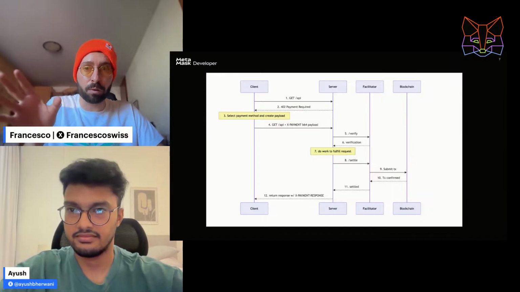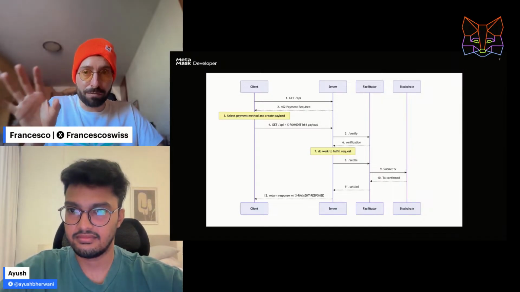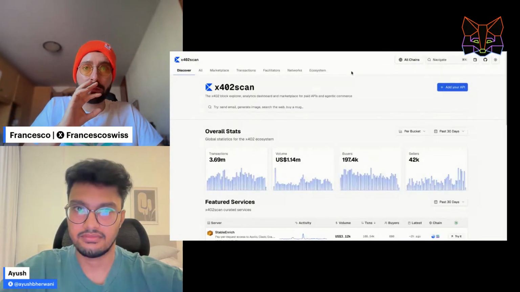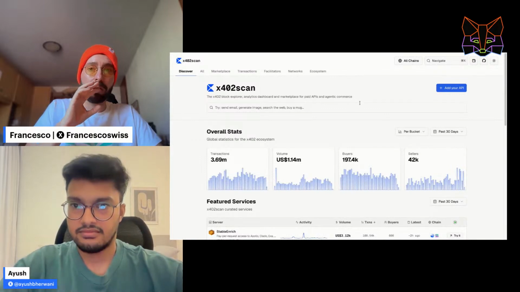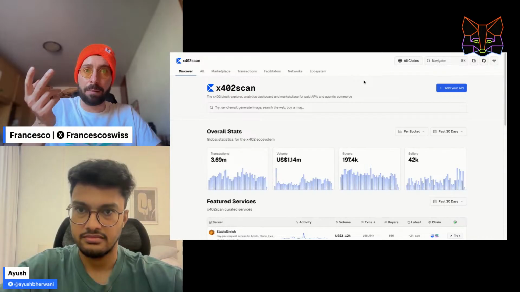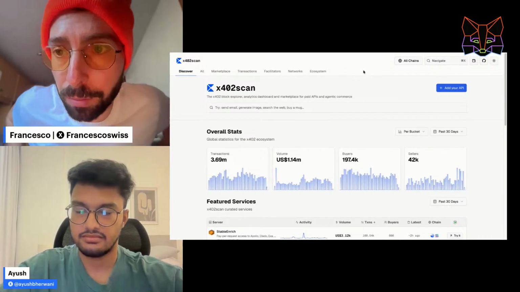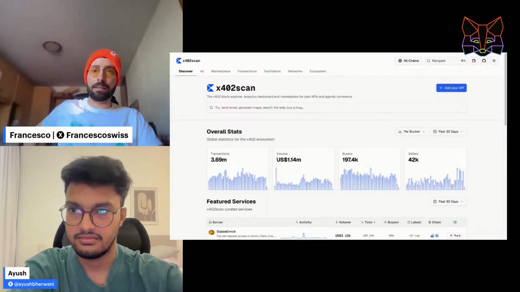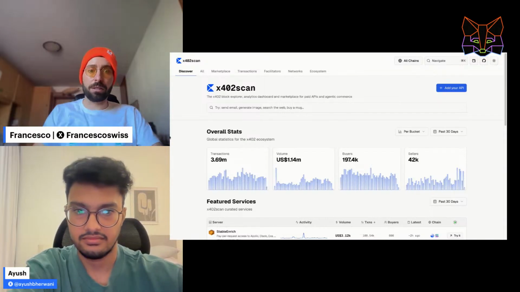But before that, we give some insights about what x402 is and why it matters. One thing I want to share is the state of the x402 landscape. There are two main sources that I always see. Obviously, there is x402 scan. The other one is the x402 payment analytics that we share. We can share the links in the chat.